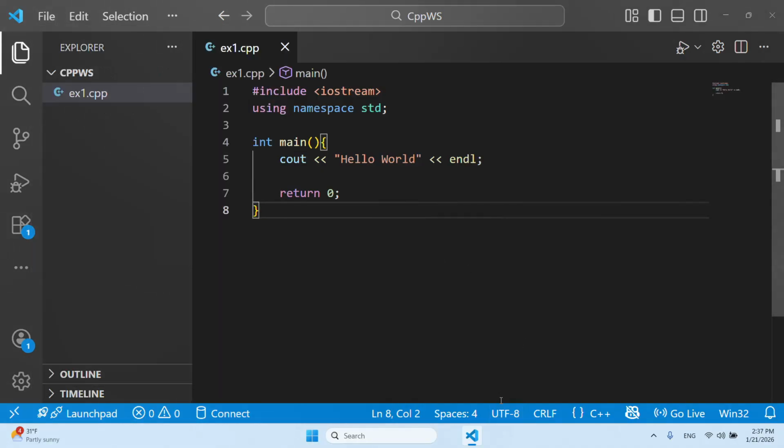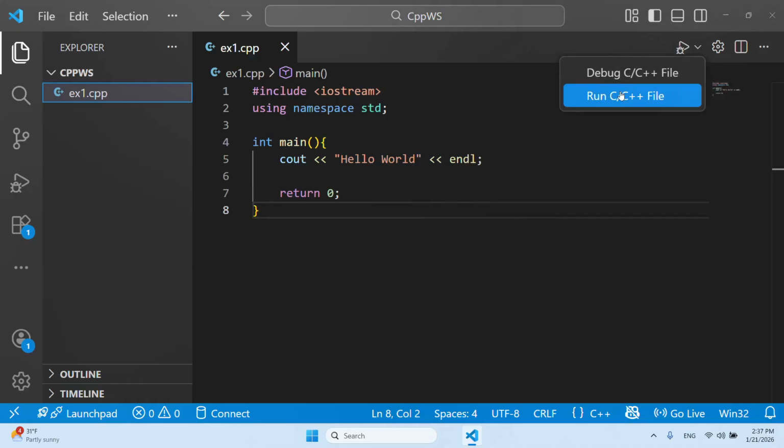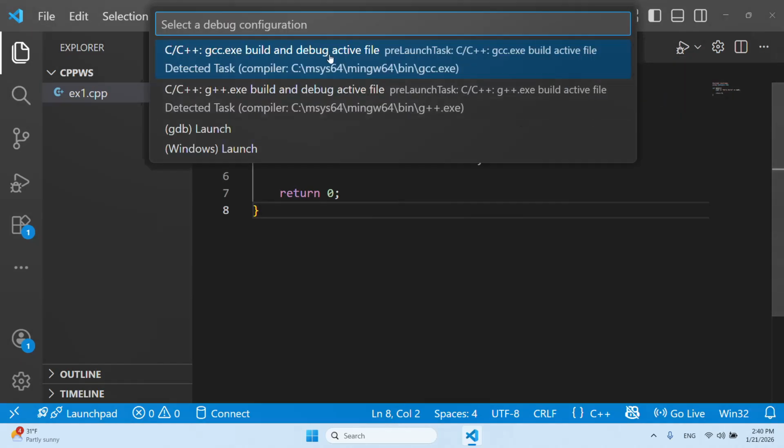Now that we have saved the file, the next step is to compile it. There are two ways to compile a C++ program in VS Code. Let me show you the first way. You go into this icon that you see on the right-hand side that says debug or run. So I'm going to go in there and just choose run C++ file. When I press on it, you're going to see this window open up where it lists the potential compilers that we could use. In this class, we will be using g++.exe, the second option. That's the GNU C++ compiler. So make sure that you select G++, not GCC.